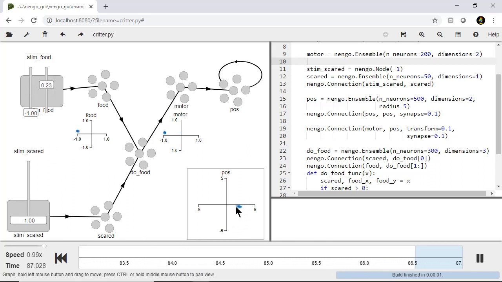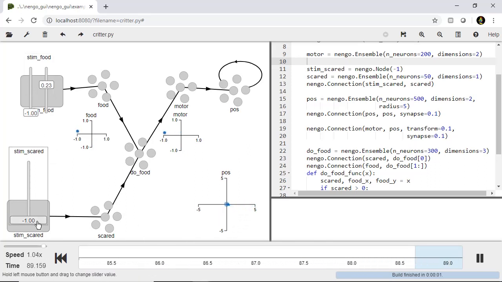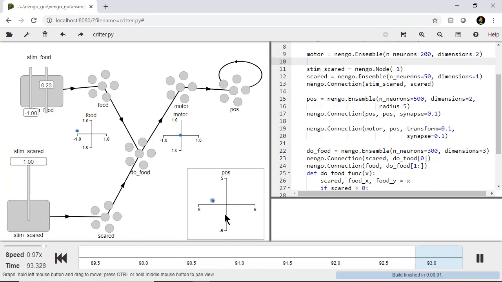Okay, so there it is. It's moving, it's chasing after the food, chasing after the food. Then I scare it, and it freezes. Okay. But